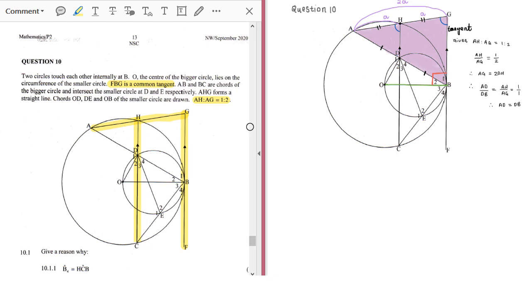Because in the smaller circle OB is just a line that forms a 90-degree angle with a tangent, the converse basically tells us that that line is the diameter of that circle. So we now have that OB is the diameter